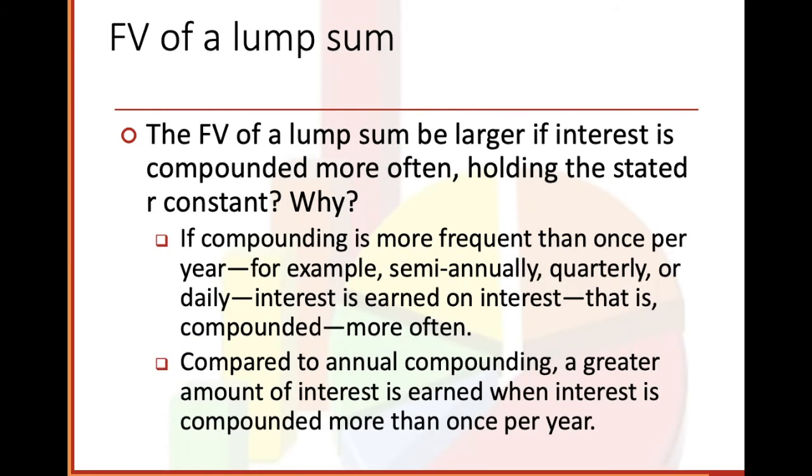Future value of a lump sum. The future value of a lump sum will be larger if interest is compounded more often, holding the stated R, or interest, constant. Why is that? Because if compounding is more frequent than once per year, for example, semiannually, quarterly, or daily, interest is earned on interest that is compounded more often. I know a lot of times people say that if you have investments, you're using compound interest to earn money. Okay, compared to annual compounding, a greater amount of interest is earned when interest is compounded more than once per year. Okay,